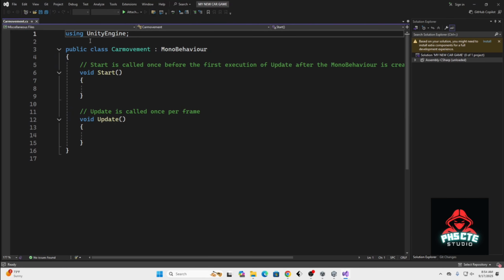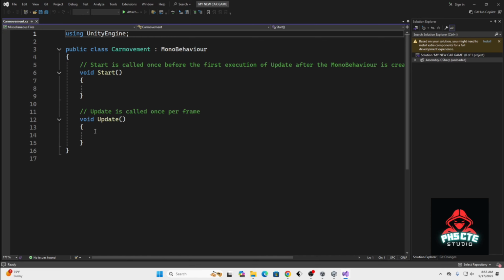All right. So if you see here, the code has Unity Engine because we are using Unity. And then public class, and then it's a MonoBehaviour. Void Start is also a function. What we are going to do when we have to move our car in this environment, we are going to write a very simple code here where it says void Update. After it says Update is called once per frame, we are going to add a code here,